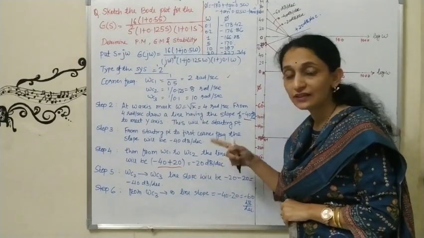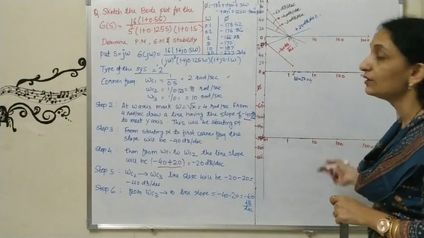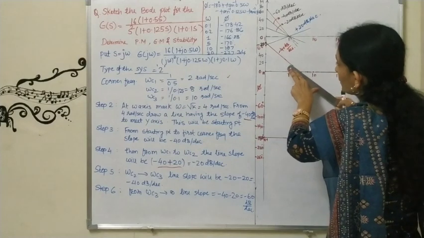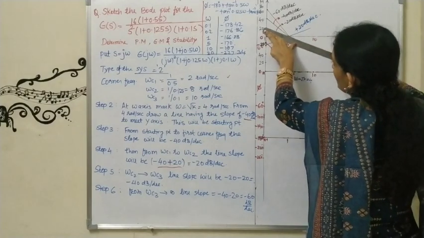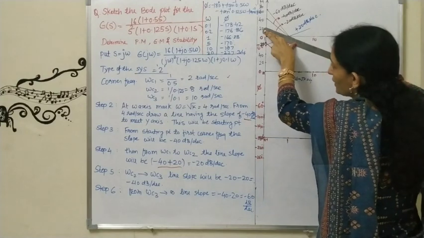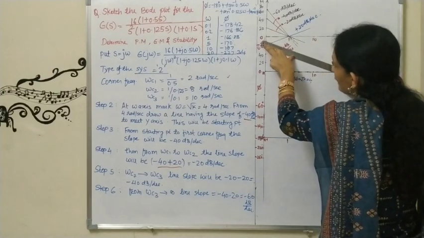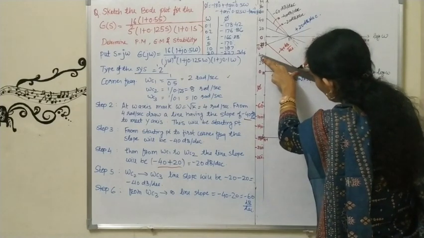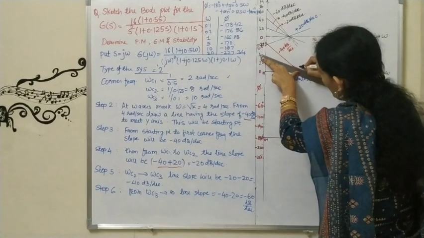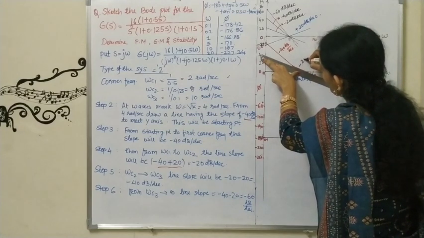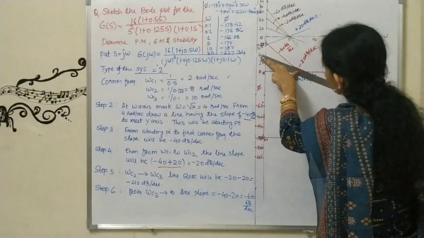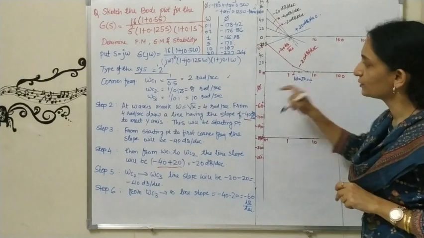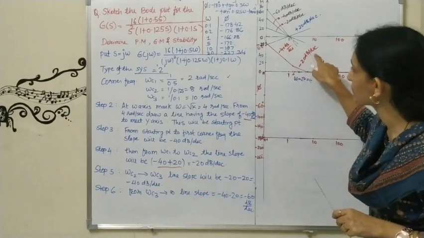So I will draw the line slope minus 20 dB per decade up to the next corner frequency, that is from 2 to 8. Okay. So look at this, this is 2 to 8. So I will take a line slope of minus 20 dB per decade. Look at this. So I will just roll the scale here and I will draw the line from 2 radian per second to 8 radian per second. Okay. So this will be my minus 20 dB per decade. This is omega C1, that is 2, up to omega C2, that is 8. I have drawn the line slope of minus 20 dB per decade.